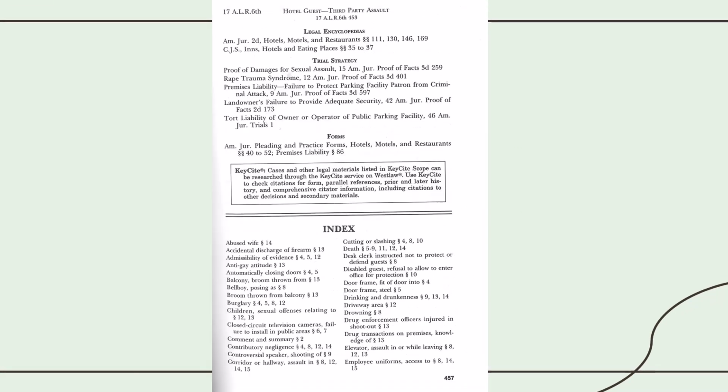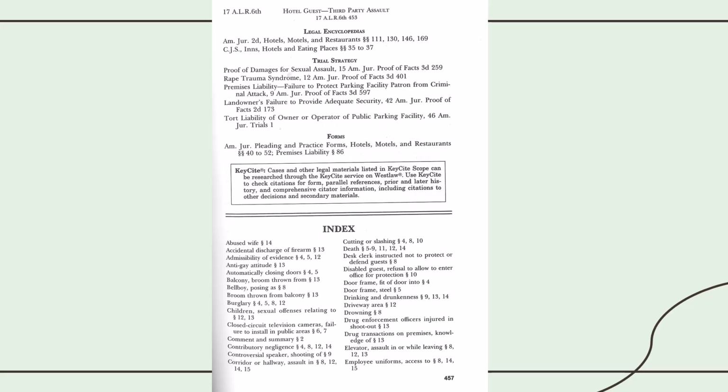next page. Now on this page we have some more cross-references, first to legal encyclopedias. And if you've been watching these videos in order, you'll recognize American Jurisprudence Second and CJS for Corpus Juris Secundum. So this is providing you with references to sections in those two legal encyclopedias. Next we have some trial strategy references, and 4 out of the 5 of these refer you to a book called Proof of Facts, which there will be a video on. The 5th one is to a book called Trials. We don't have that here in the library, but you would be able to access it from Westlaw.